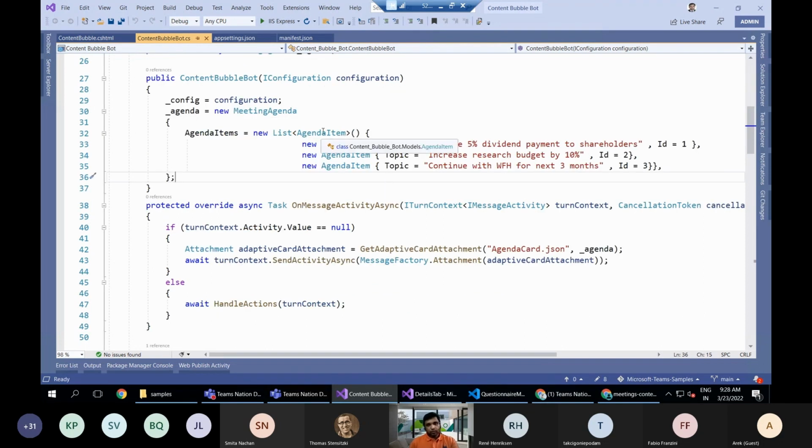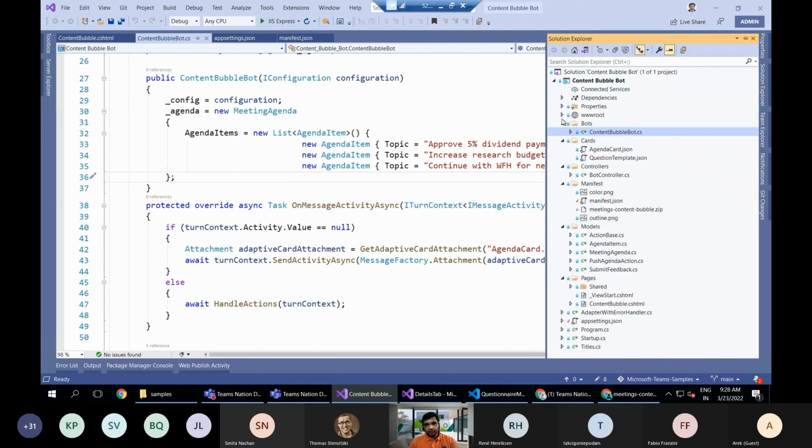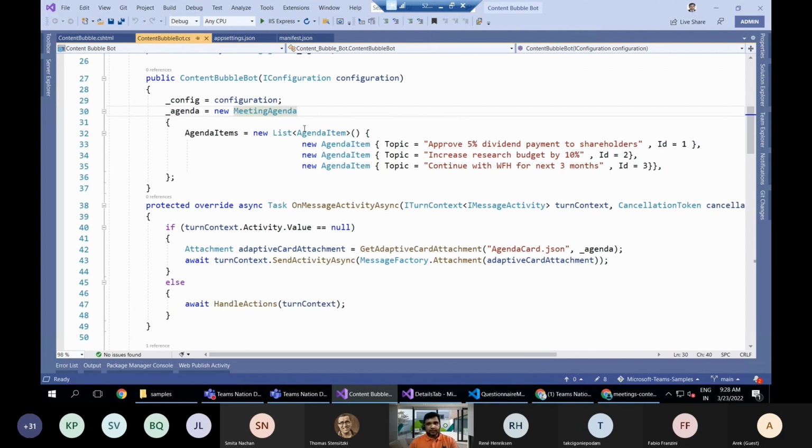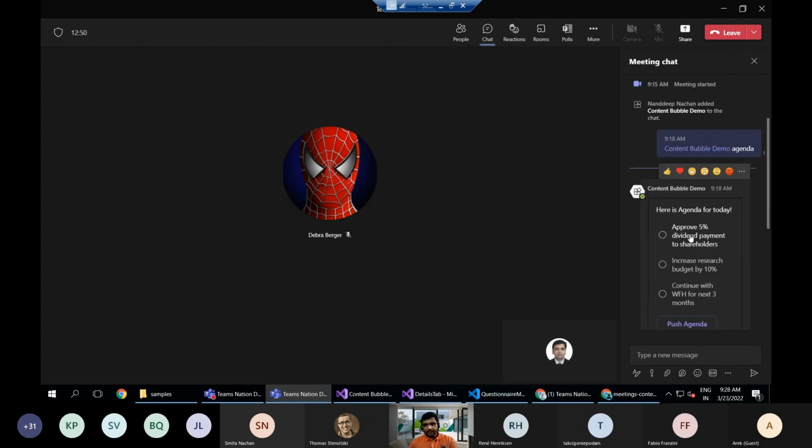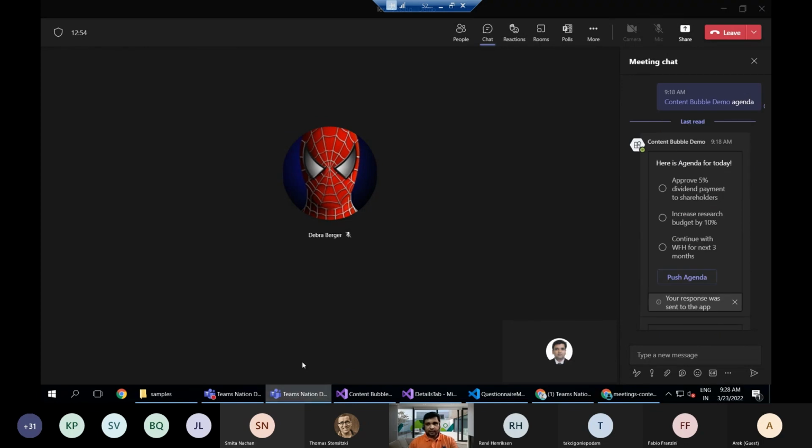So coming to the code walkthrough of this content bubble demo which we have seen, which is very simple code. This is the solution structure that we see here. We have a bots folder, a few of the cards which we have seen, and a controller. The manifest is the zip file which will be uploaded into Microsoft Teams. The major part here is this bot, which is doing the major work for us by pushing the agenda. And as I said, the agenda which we have seen here, for example approving the dividend, increasing the research budget, or continuing work from home, all of those activities are coming from here